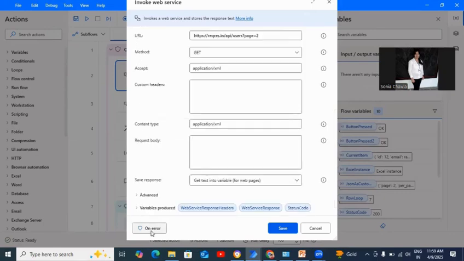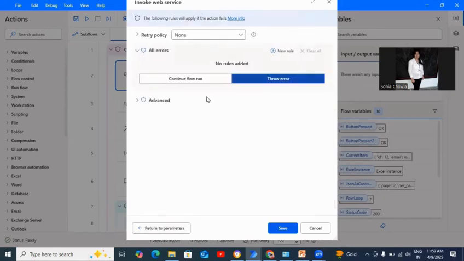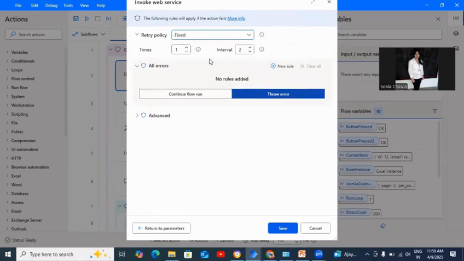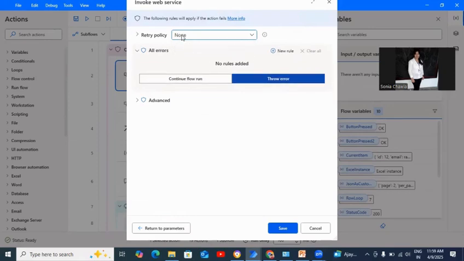And the second thing is On error. If you face any issue in this activity, then you can retry. These are the retry policies: fixed, exponential. If you click on fixed, then you can change the time. Currently we are not using any retry policy, so I'm choosing none. If you face any issue, then you can throw error. If you are not facing any issue and want to continue your flow, then you click on continue flow run.